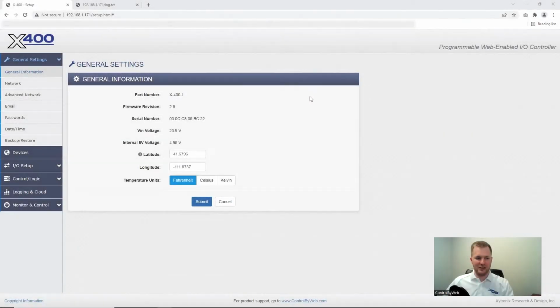So here you can see we're on the general settings. This is the first tab inside of the X400 series firmware. It will list the current version that is loaded on the device, the serial number, which also acts as the MAC address, the input voltage, internal. This 5 volt is designed for our temperature sensors, and it can also be used for contact sensors or